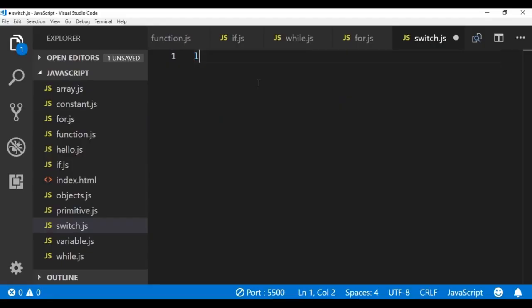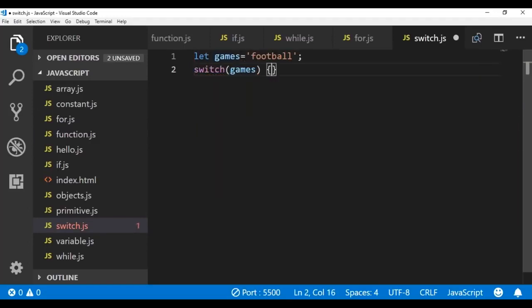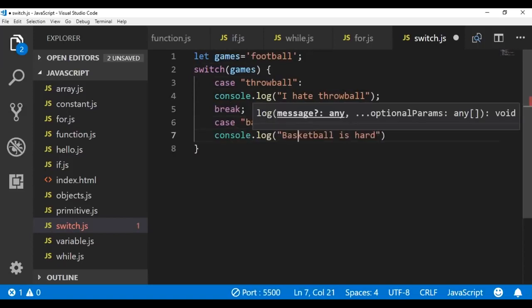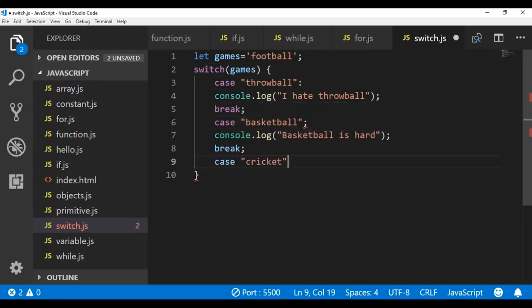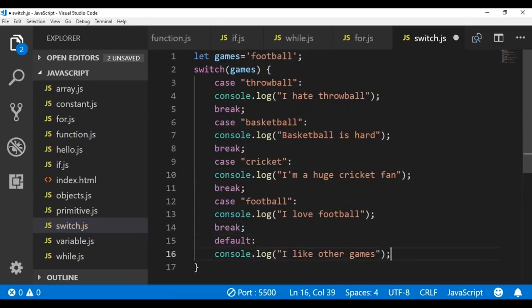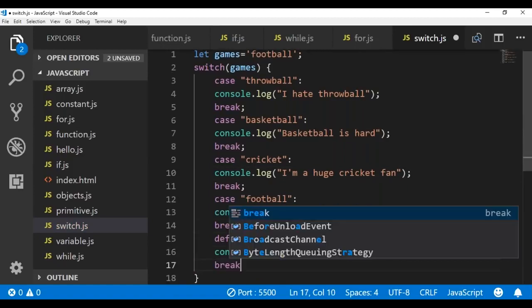So let's create a new file called switch. Let me type out the code and then you'll understand what I'm saying. Okay, so that's a long code, but this is very simple.